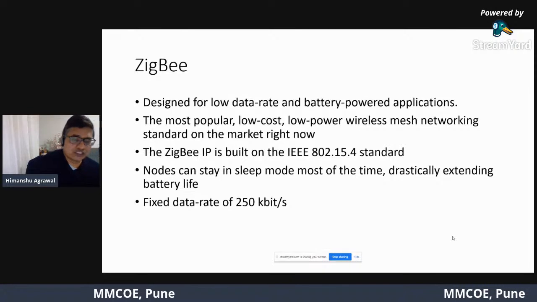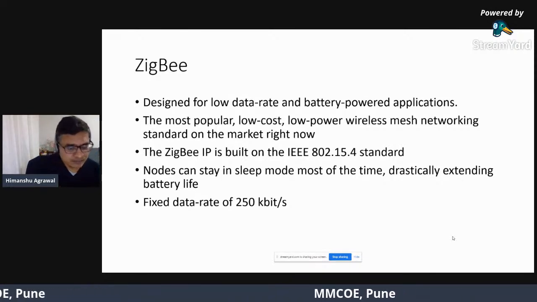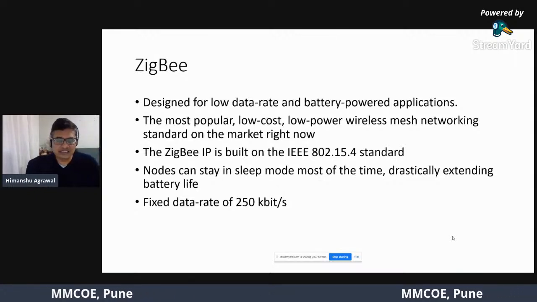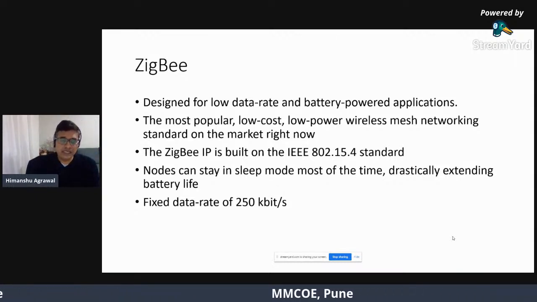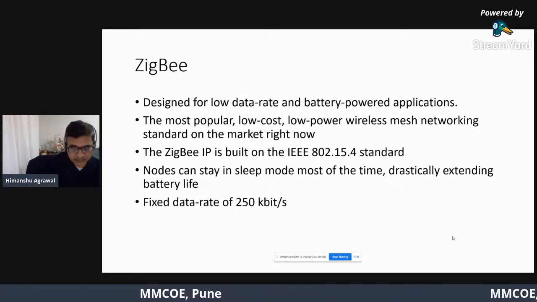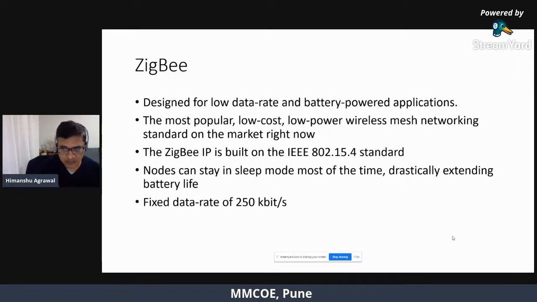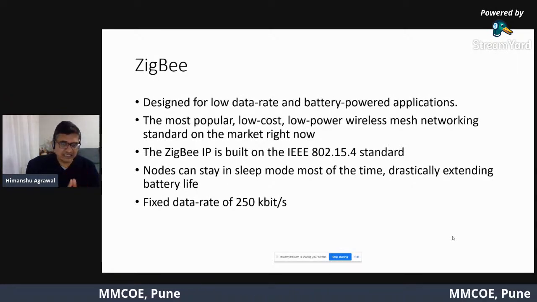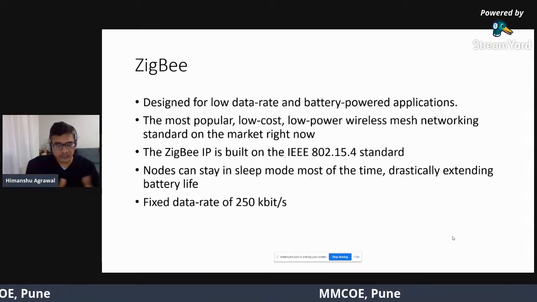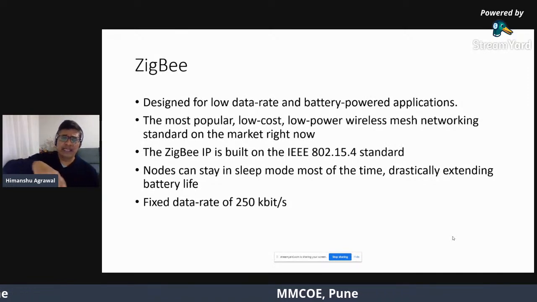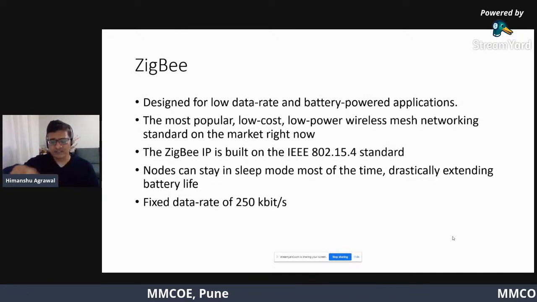It was one of those few protocols in wireless sensor networks being used for many applications, providing coverage up to 300 feet or 100 meters. And the best part is it is low power, low cost. So this protocol was quite widely used for applications having a very small geographical area.